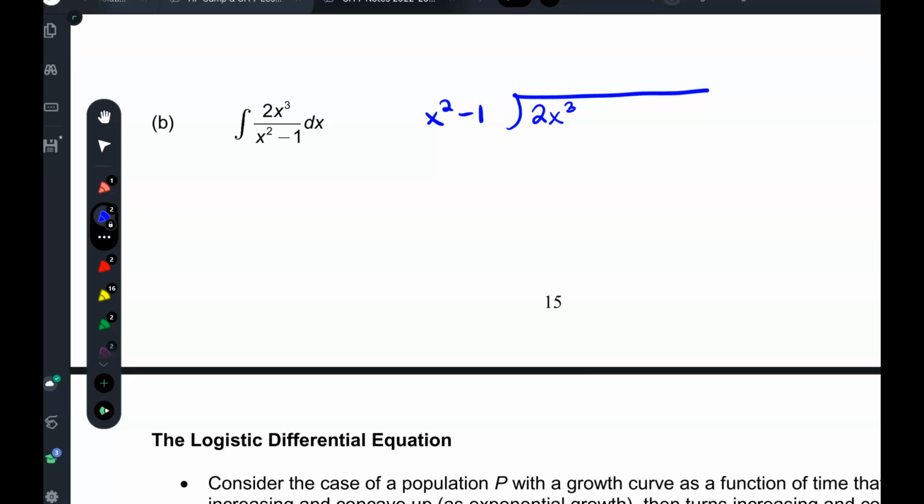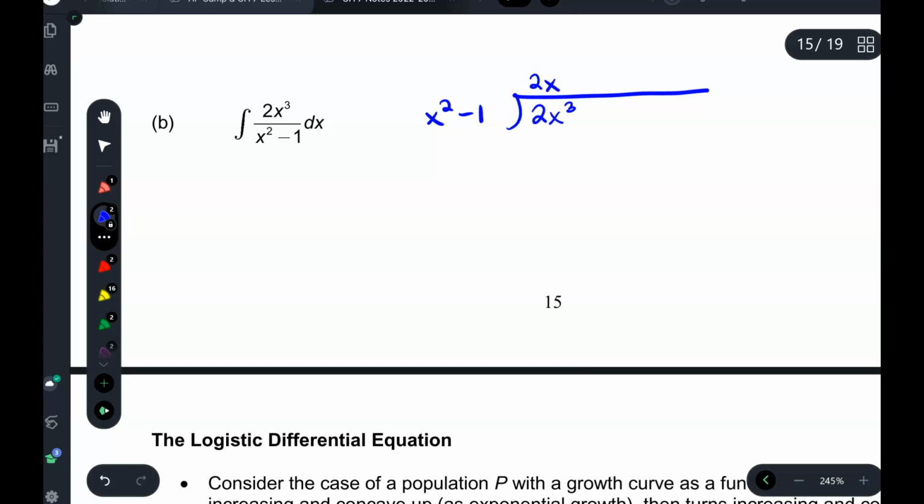Long divisions. Okay, x squared goes into 2x cubed 2x times. Just imagine that you're basically dividing this by x squared, because you're dividing this into this. Remember, x squared goes into the x cubed part, and when you multiply it back out,